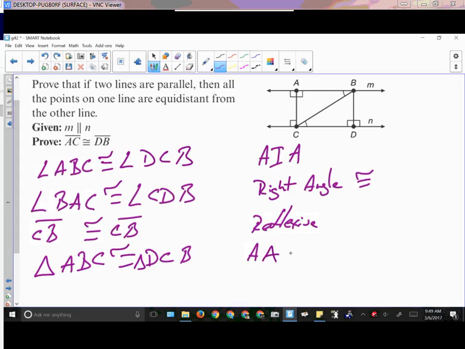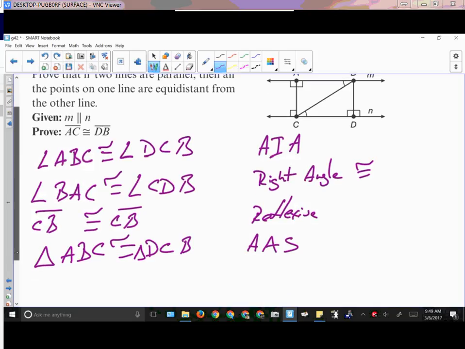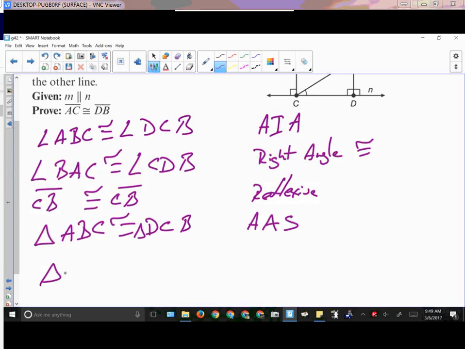Angle. Yes, it's angle, angle, side. Okay. So if those triangles are congruent, then I know that segment AC is going to be congruent to segment DB. Why? Well, corresponding parts of congruent triangles are congruent. So